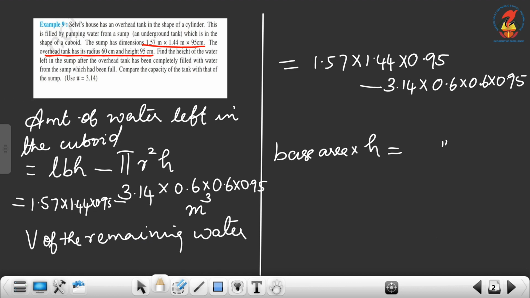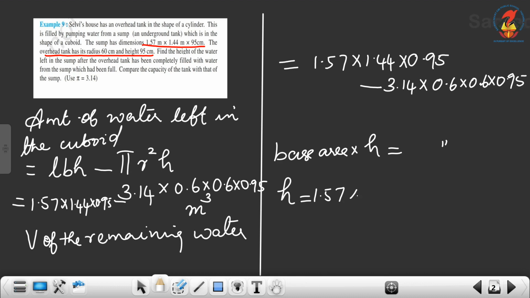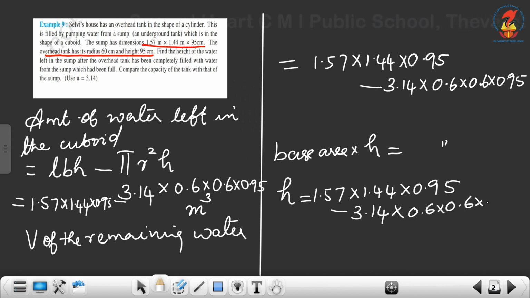Same thing you have to write. Then you can find the base area. What do you mean by base area? L into B. H is equal to 1.57 into 1.44 into 0.95 minus 3.14 into 0.6 into 0.6 into 0.95